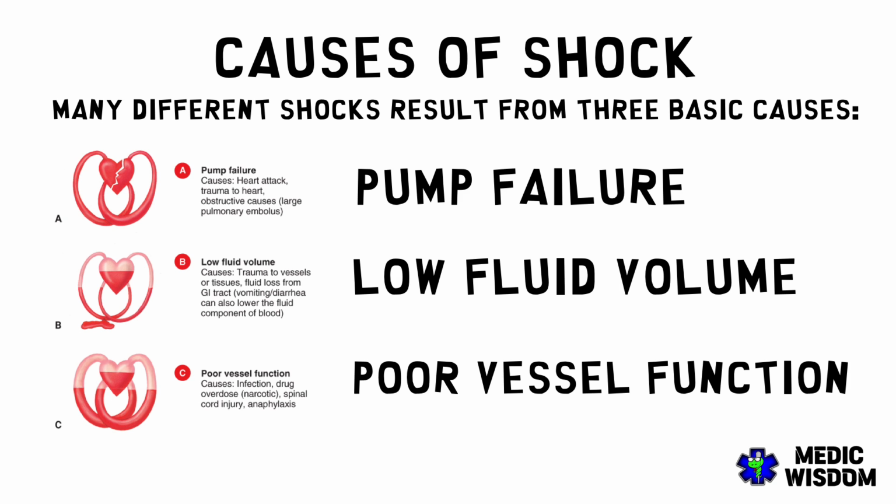And then our poor vessel function. Remember, our vessels are our veins and arteries. Our veins and arteries should be able to constrict, that means get tinier, or dilate, that means get wider, whenever our body needs it. Some things that could cause the blood vessels to dilate uncontrollably: drugs,